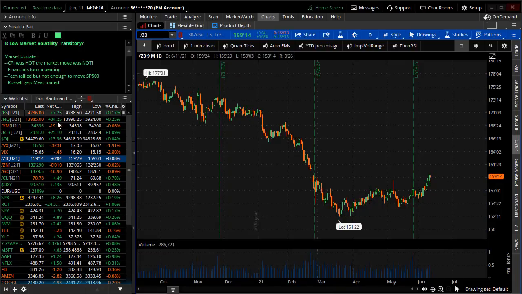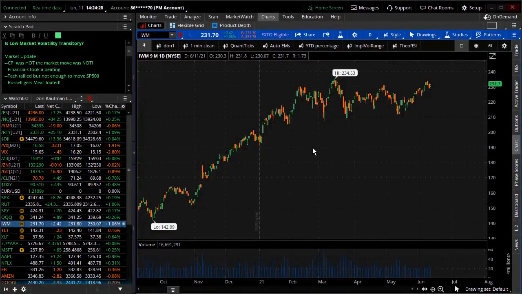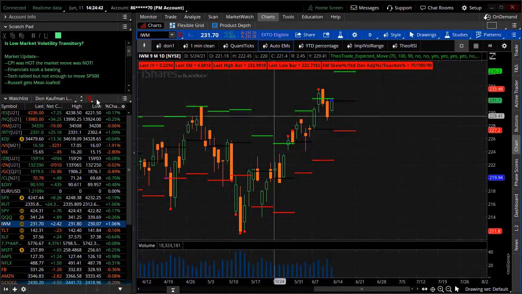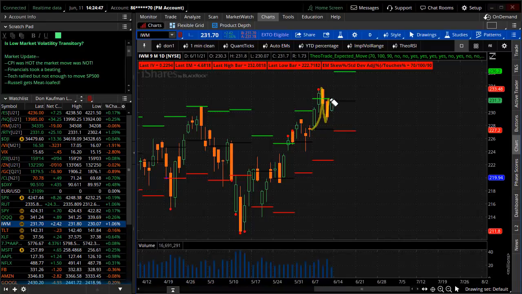Last but not least, in the major index products, don't just look at the S&Ps, which are trapped in the middle. The NASDAQ was kind of hot. Obviously, the financials dragged the S&Ps to a flat line. But you got to talk a little bit about the Russell, the IWM. If you're unfamiliar with the term, the Russell gets meat-loafed. We have a little bit of an issue inside of the Russell, and I'll explain what this happens to be. The Russell was all over the board throughout the course of the week. The Russell cracked the upside of the expected move, pulled back, and actually landed on the upper edge of the expected move on the week.